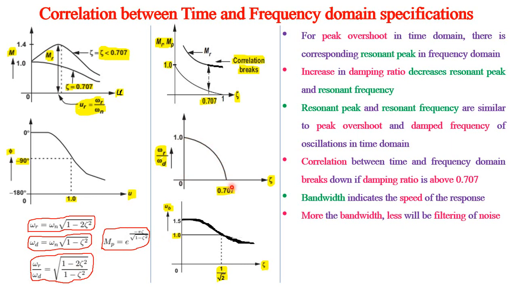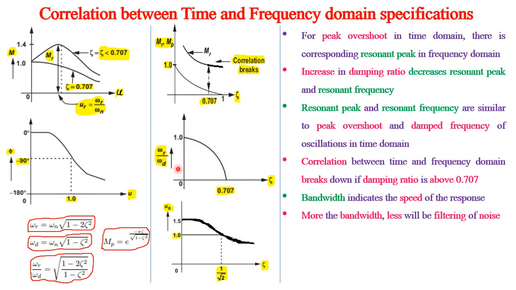So why 0.707 here also? Because when zeta is greater than 0.707, this becomes negative. Therefore, square root will be again imaginary. Why? Because omega R relation is dictated by this zeta. Zeta cannot exceed 0.707. That I have already explained here. So omega R by omega D is like this. So when zeta is 0, 1 minus 0, 1 minus 0 is 1. So it starts from 1 and at 0.707 it becomes 0.